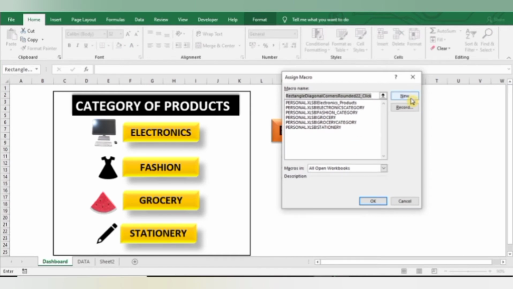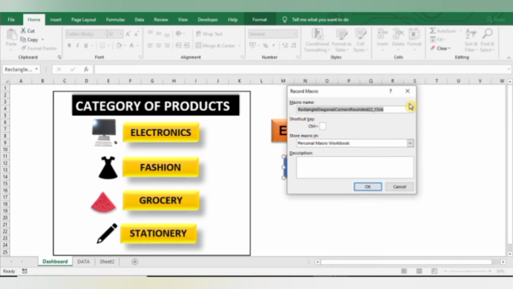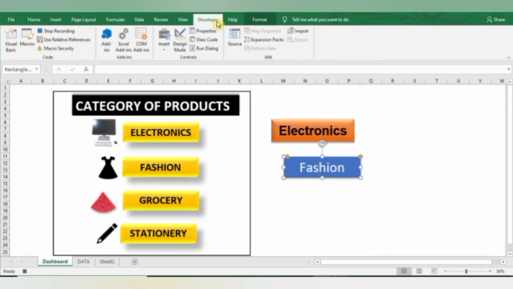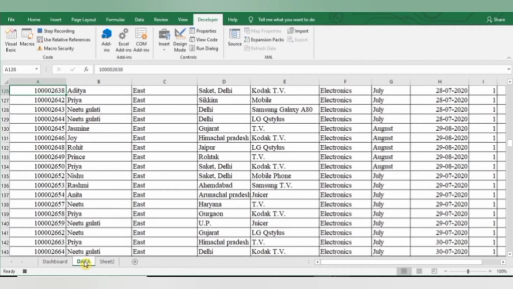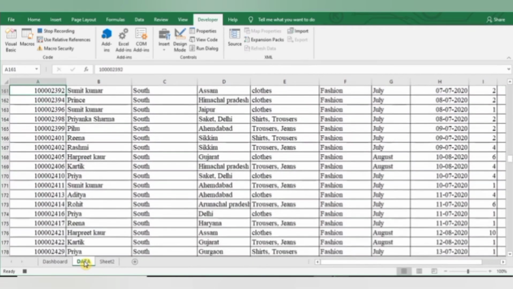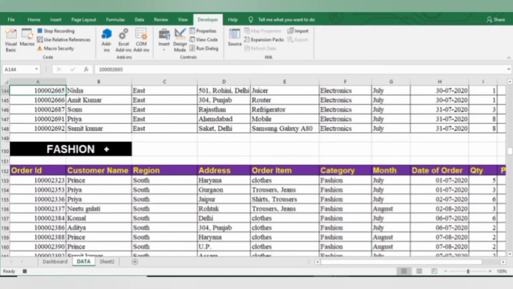And now from here click on record, give a name and then press OK. Now if I see my developer tab, it has started recording my steps. Now from here I will find out my data for fashion. So this is my fashion data. Simply put the cursor on fashion and then go to developer tab, and then from here stop recording.